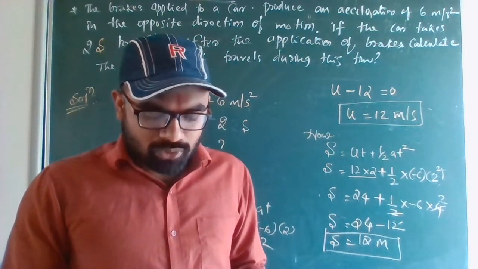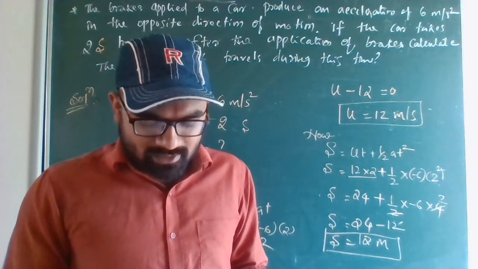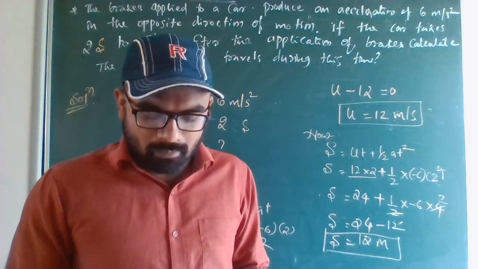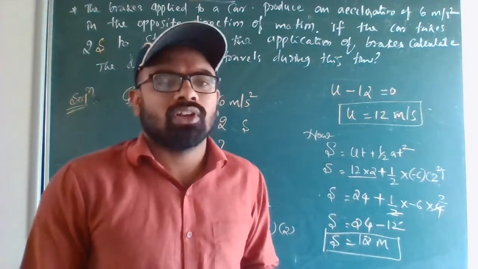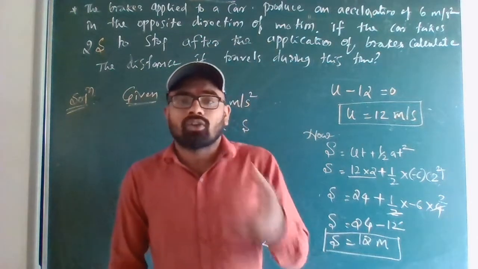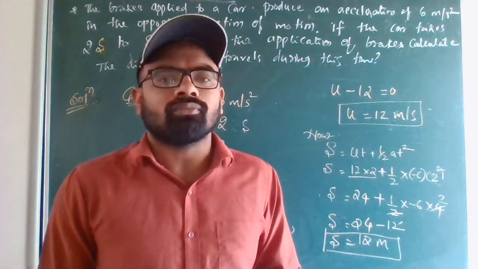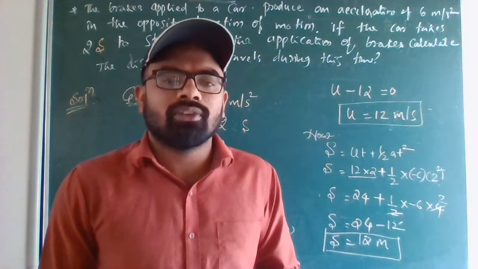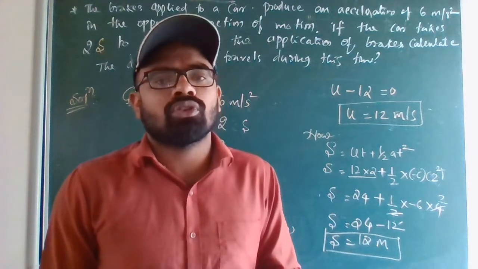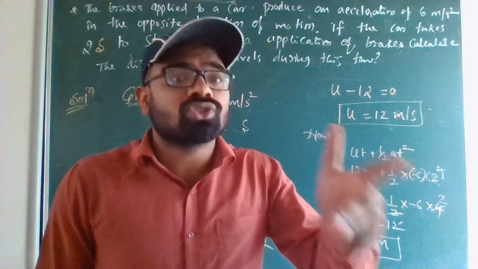Thus the car will move 12 meter before it stops after the application of brakes. Can you now appreciate why drivers are cautioned to maintain some distance between vehicles while traveling on the road? See, this is what happens while traveling on the road. What we can say: the drivers always maintain some distance between two vehicles, because even though they apply the brake, they will move a certain amount